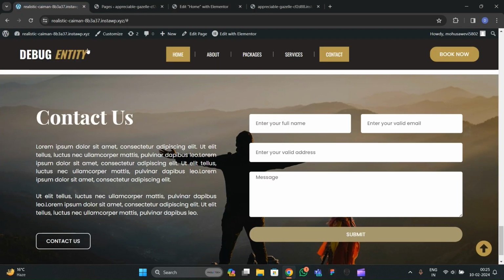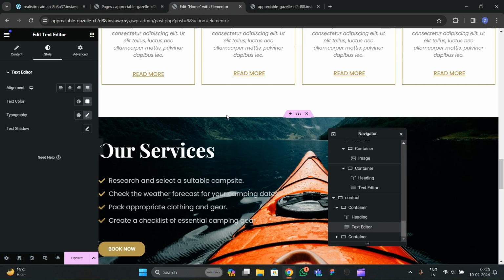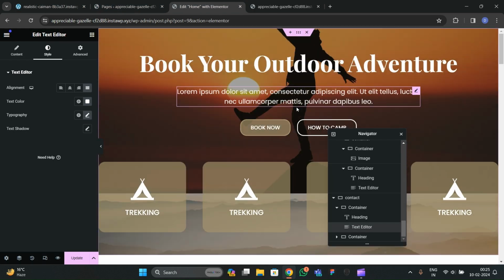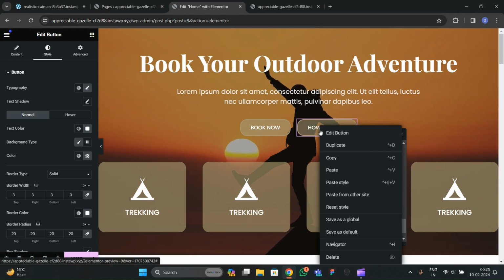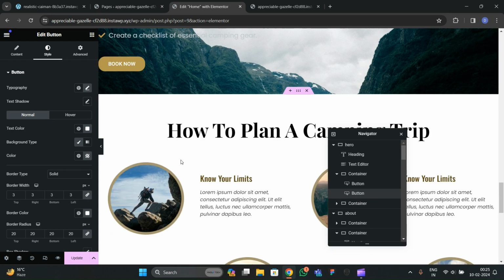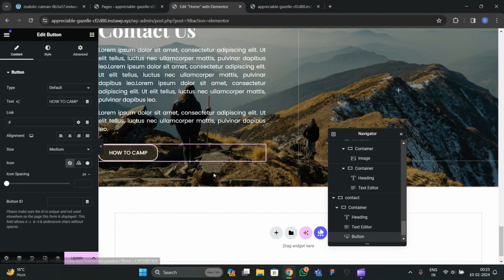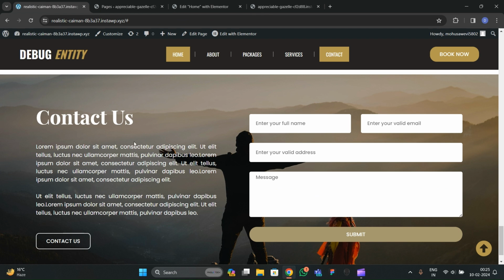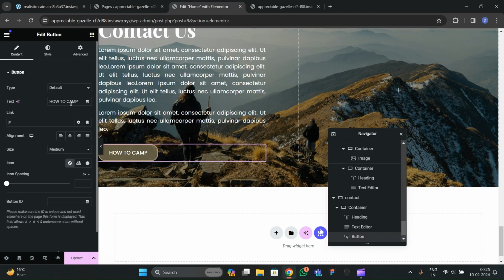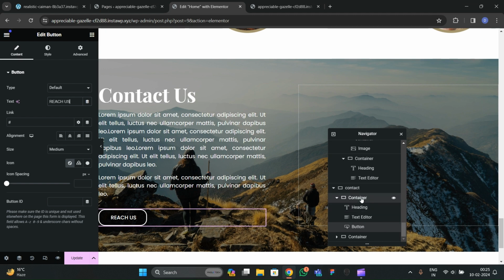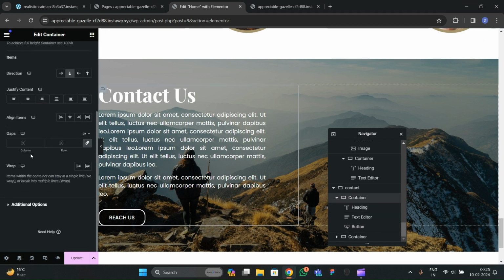Okay, so now we have to add this button. For adding the button, we have already made this button. So let me go here, and we're going to copy this from here. Let's paste this here. Okay, so this button is copied. Just change the content, suppose right here, reaches. Okay, so just go to this container, go to layout, and here let's add some